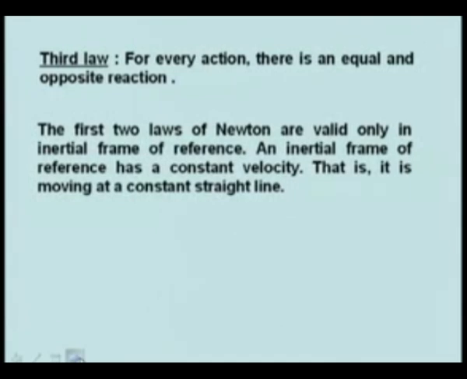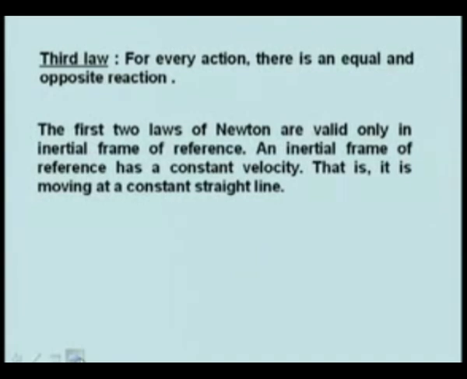Now, the question is: which frame of reference is inertial? An inertial frame of reference is one that moves with respect to another inertial frame of reference with a constant velocity. However, we must find one inertial reference frame. For example, on